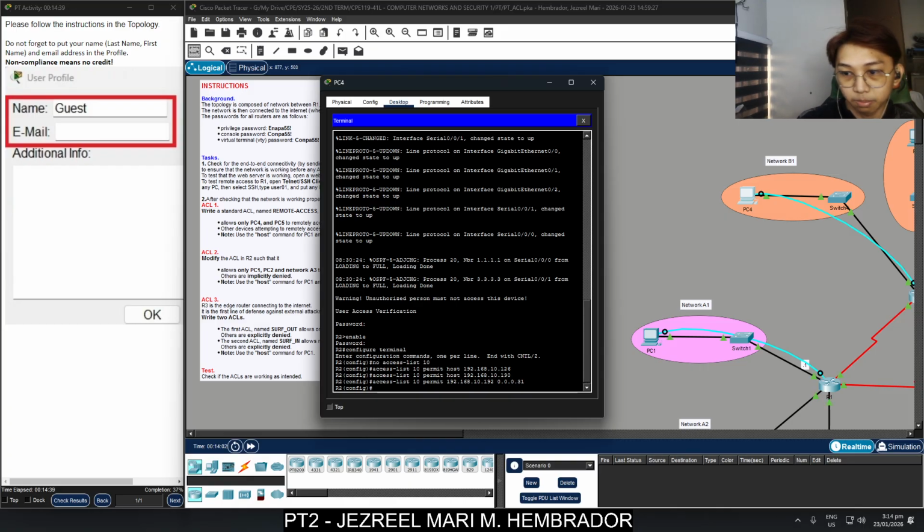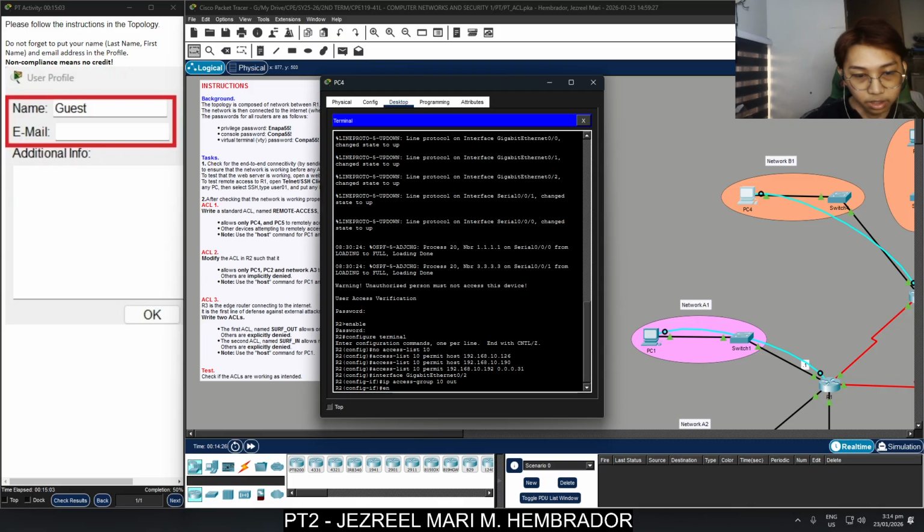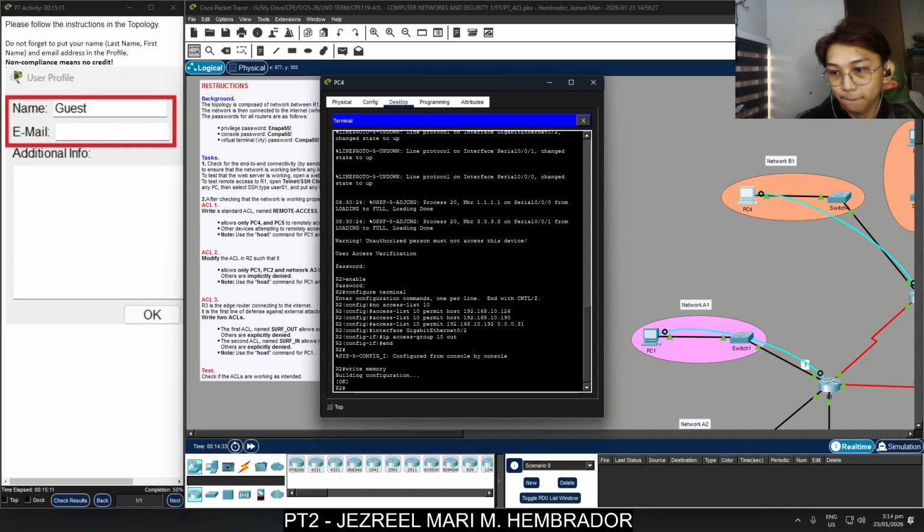So here we type interface GigabitEthernet 0/2, then ip access-group 10 out, and then end, and then write memory. So now we're done with Router 2.